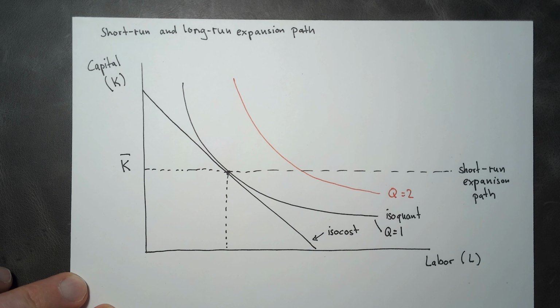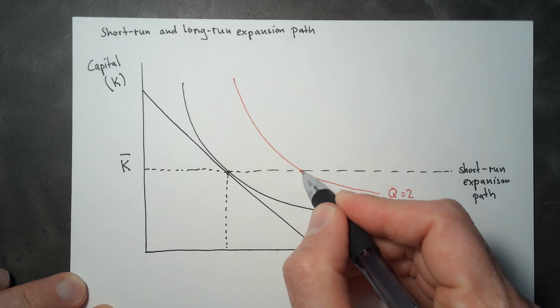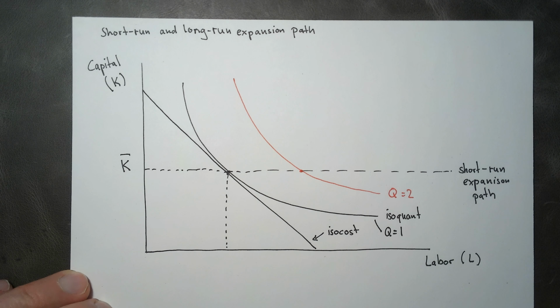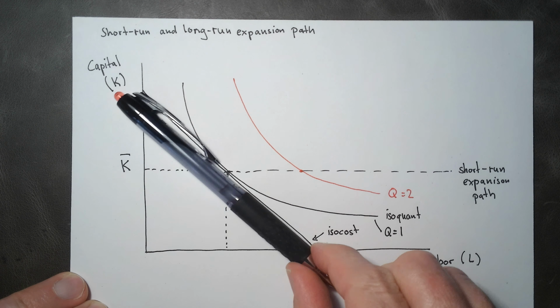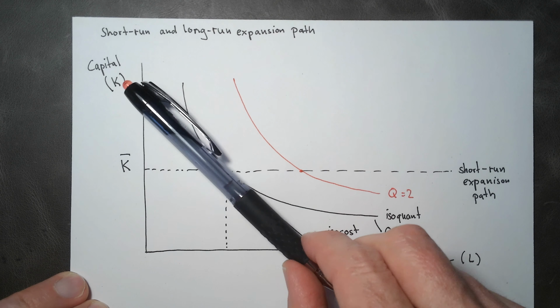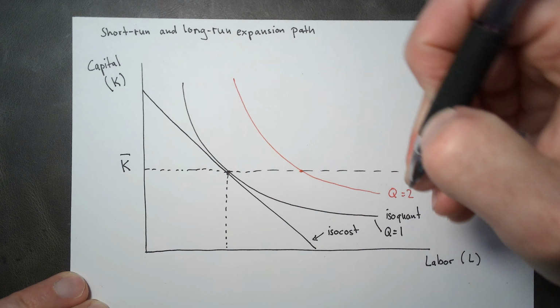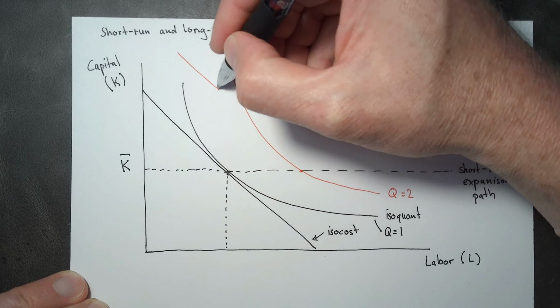Okay. Then, since the firm has to use the amount K star in the short run, since we are now having a parallel shift, the input prices do not change, it is possible that now the production